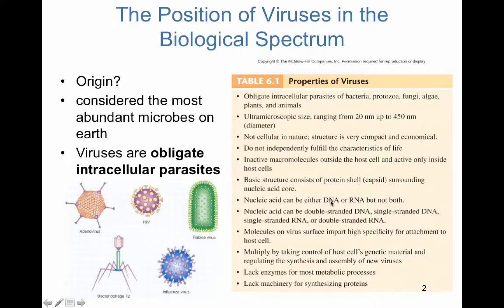Now, the genome, our genome, the human genome, is made up of DNA. For viruses, they could have either a DNA, deoxyribonucleic acid genome, like ours, or an RNA, ribonucleic acid. Now, what's the big difference here? It depends on the way that the virus is replicating itself. There are extra steps that are involved here when you have a DNA virus, and I'm going to go through that in a little bit.